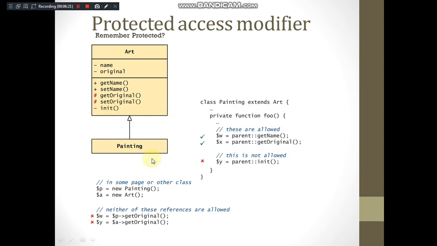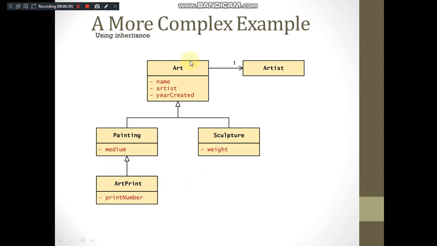Here you can observe init is a private member, so it is not accessible. Private members are not accessible, whereas the hash indicates a protected member. Here they are accessible within the subsequently derived class, that is, by the Painting class. You can observe getOriginal is accessible here because it is a protected member, but it is not able to access init because it is a private member. So this is one complex. These two are the